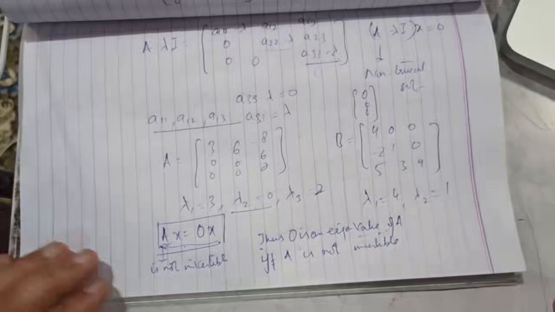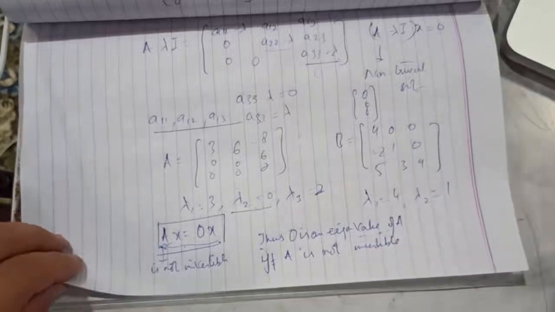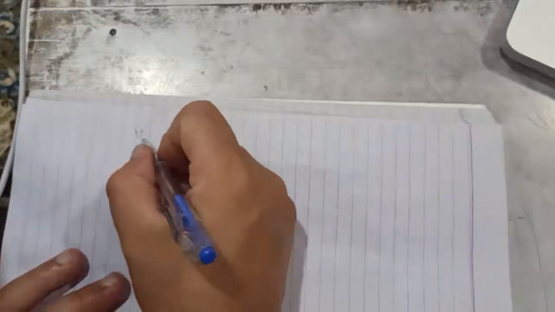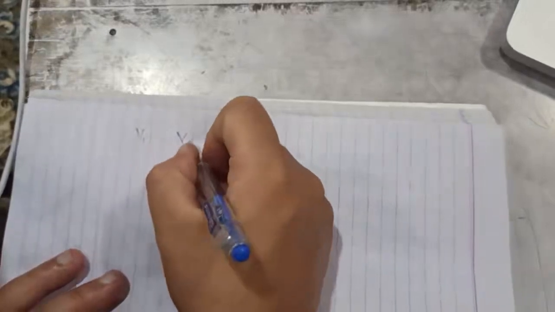If it is invertible, then 0 cannot be its eigenvalue, right? So continuing on with that, we can say if v1 up to say